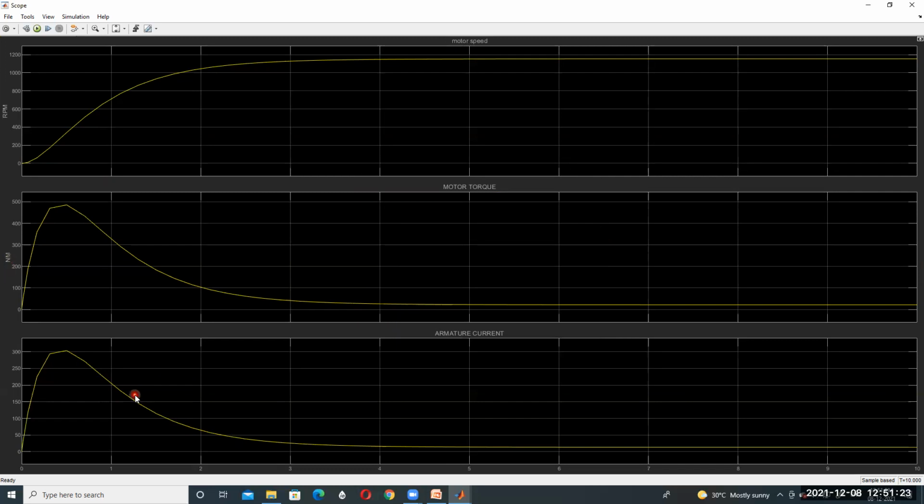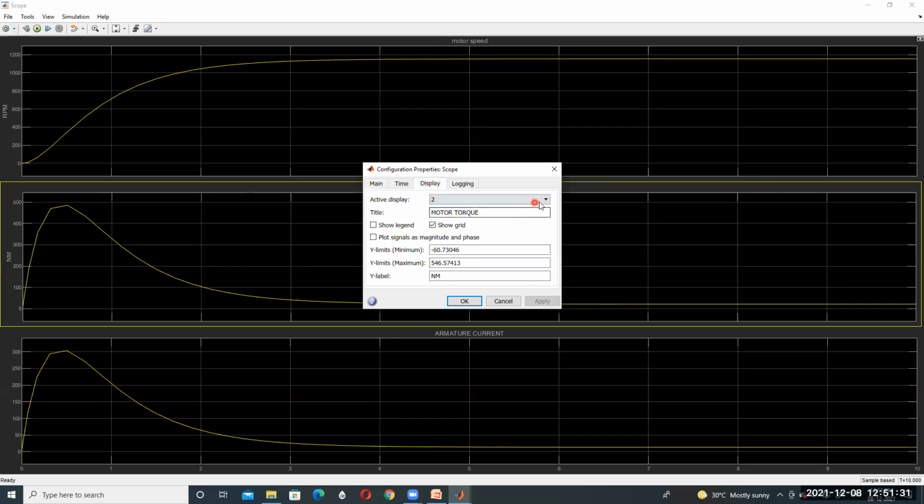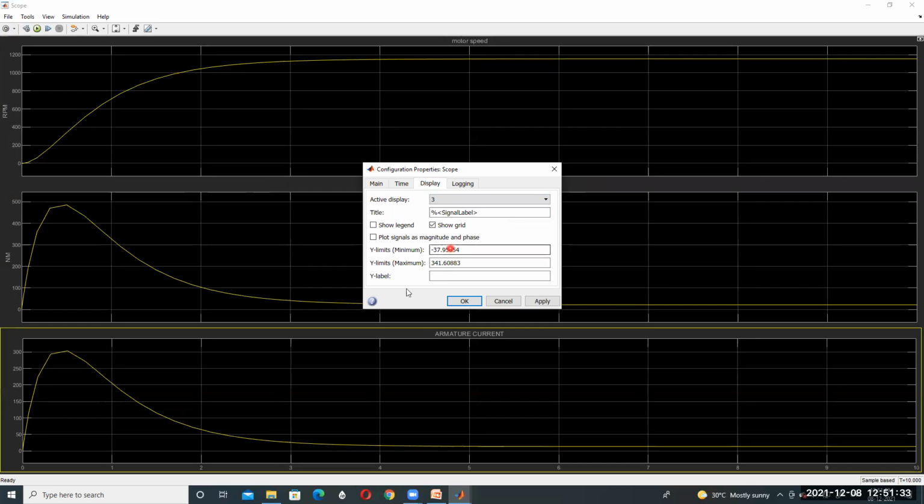Again, the third one is armature current. For that, press the last icon, and then active display 3. Enter here active display 3, and this belongs to the third one, which is armature current.